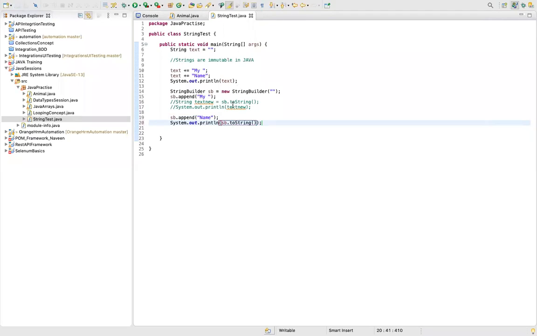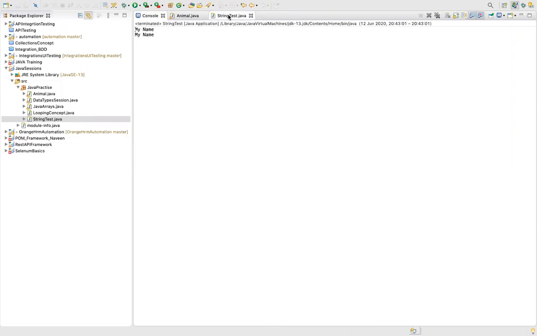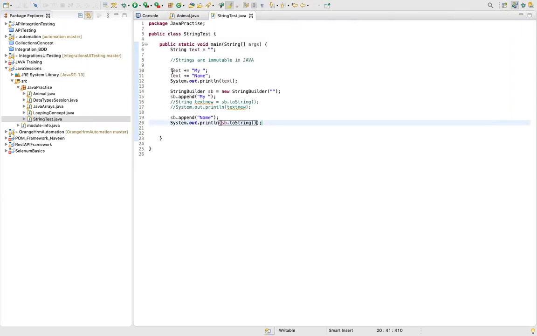Now when I print it, it will say my name. So we are doing the same stuff again, but this is using the plus equals operator, and it's an inefficient way because each and every time we are creating a string, and here we are directly appending that particular string using string builder, which is a class directly available in Java. So this is the use of string builder.